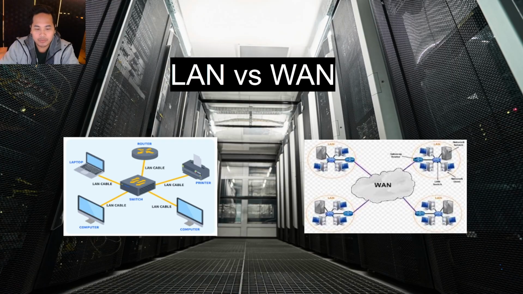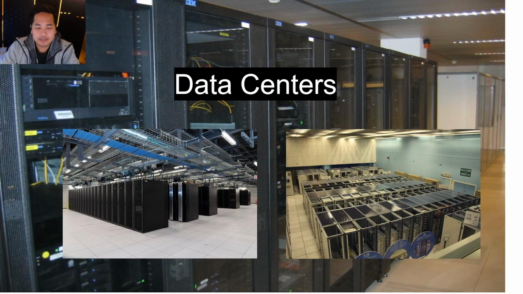Now we're talking about data centers, the physical heart of the digital world. The cloud is not a fluffy white thing in the sky. Data centers are massive. They are secure warehouses filled with thousands of servers stacked in racks with redundant power, cooling, and internet connections. When you upload a photo, stream a video, or send an email, your data ends up on a hard drive spinning inside one of these buildings, and that is called a data center.